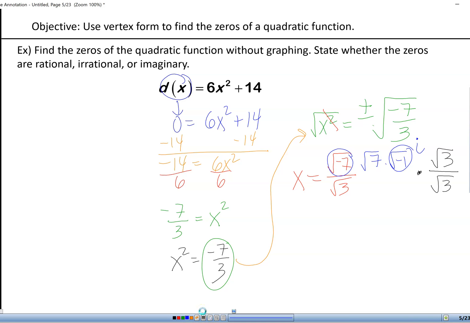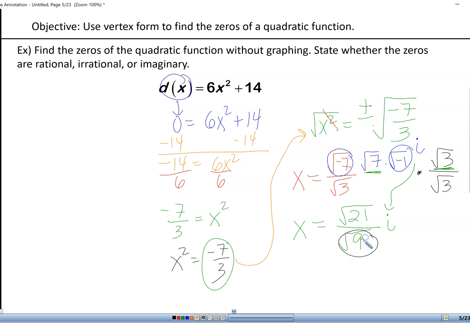And so now what we've got is x equals. So we have the square root of 7 times the square root of 3. Now, a square root times a square root, remember, is still a square root. And then we multiply the 7 times the 3, so we get the square root of 21. And square root of 3 times square root of 3, square root times a square root is still a square root. 3 times 3 is 9. And then, of course, we have our i, which goes to the side. So now what I've got